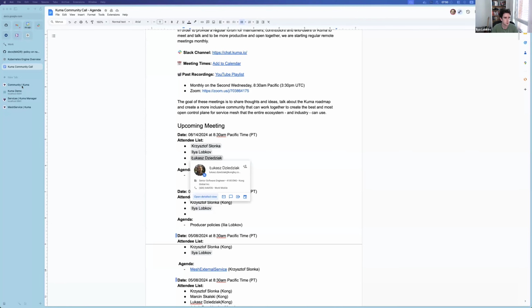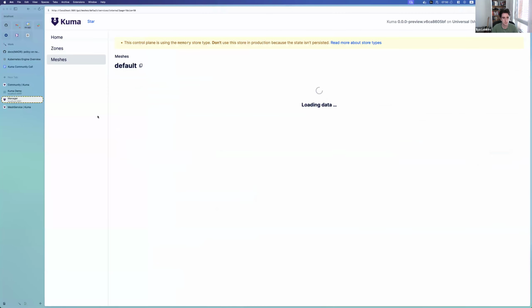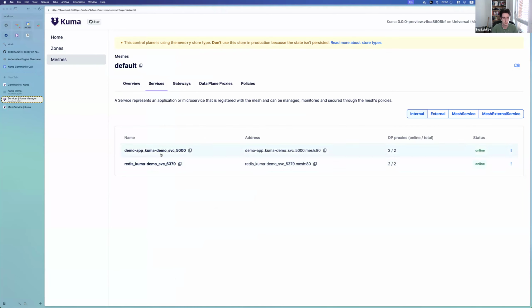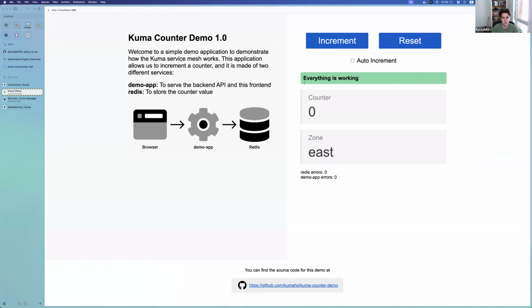And I can show you that, for example, here I have two services, demo app and Redis. This is Kuma GUI. And also I can show that demo app is working. There is east and west Redis. So in the current state,